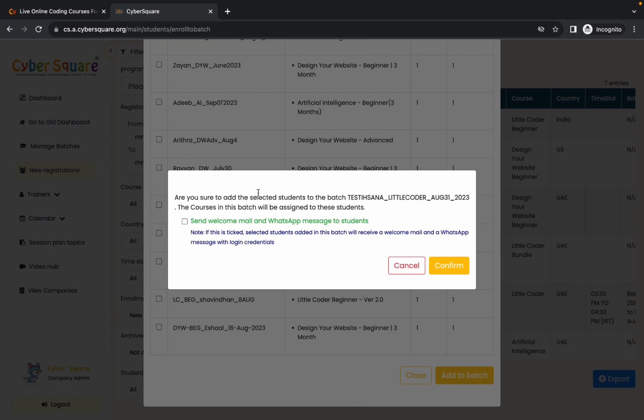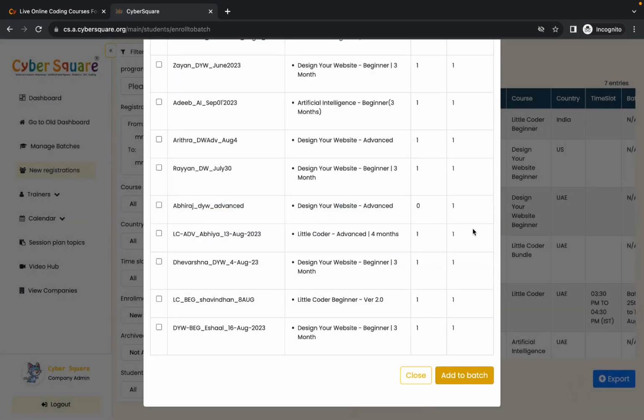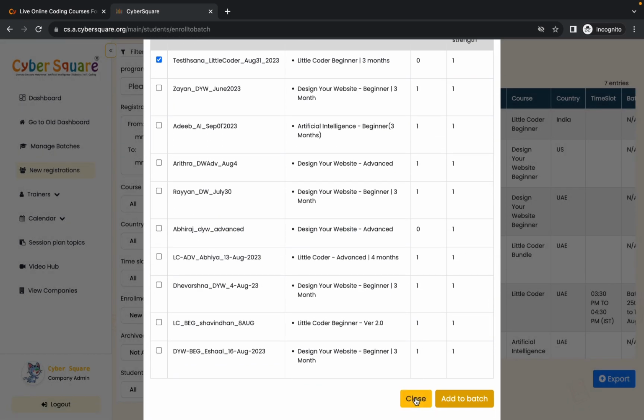So here you can see a pop-up. This is to send a welcome email and WhatsApp message to the students, informing them that they have been added to a batch and then they are assigned with the trainer and details of the batch. Okay, so this is the process, and before adding the student to batch, you just have to assign a trainer